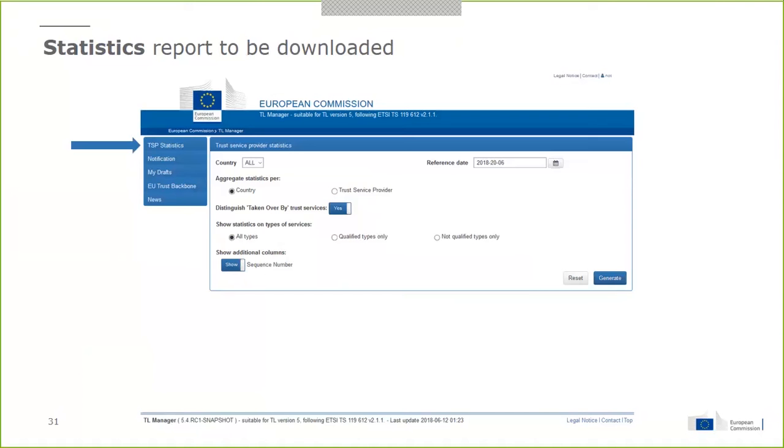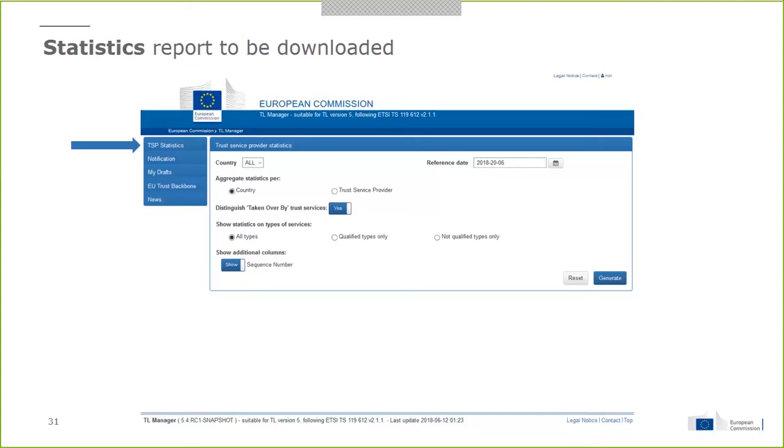You can choose to aggregate statistics either by country or by TSP, depending on the granularity you want to extract. You can distinguish taken over by trust services or not. As Olivier has explained, taken over by services are a special kind of status. They are granted or withdrawn, but let's talk about the granted. A granted taken over by may mean that the TSP is not existing anymore, but has been taken over by another one.